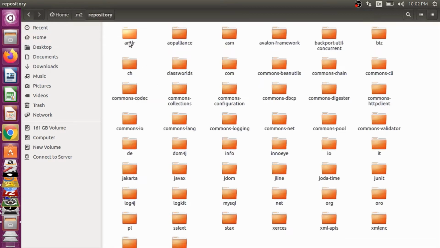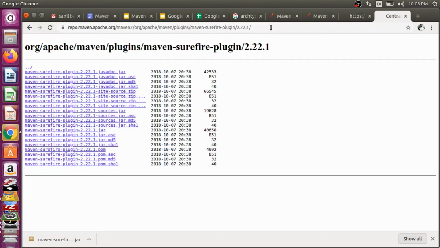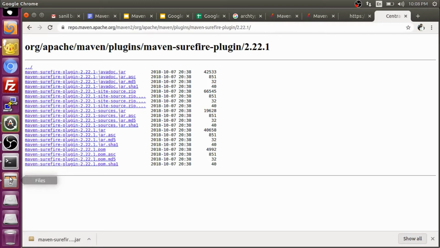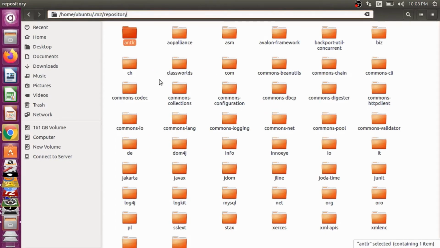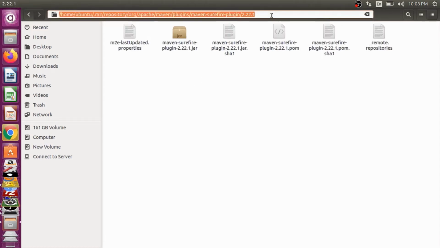Here, this is the repository folder where all the required jars reside. Now, where does Maven keep our jars? It is same as the path of online repo. Let's get the path of the online repository that we just used. Let's copy this. After Maven 2, go to our local repository, Control L, after repository, just paste this. At this particular path, Maven has downloaded the particular jar and kept it here.